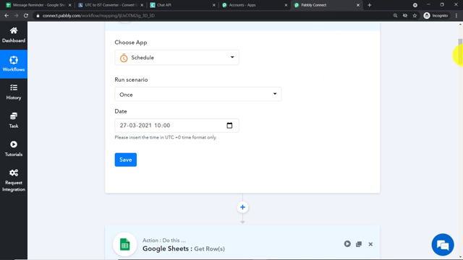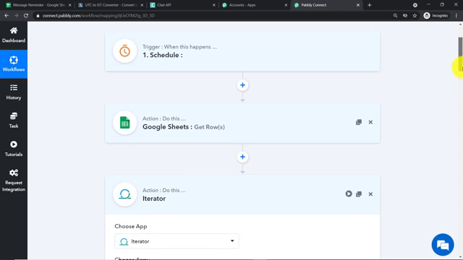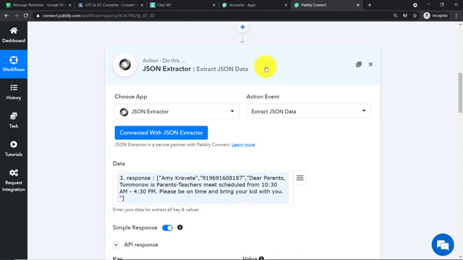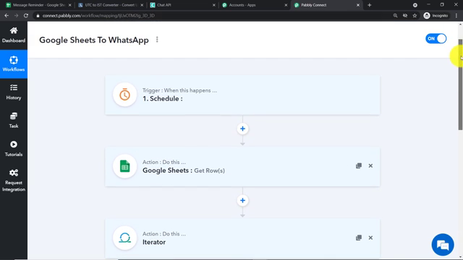However, before we end this, let me explain the whole mechanism in a nutshell. Here I'm going to minimize all my windows, including the action windows as well as the trigger windows, and show you the whole mechanism. First of all, we have made a schedule, and we have made sure that it is in UTC format. The UTC time is 10 a.m., which is 3:30 p.m. according to Indian Standard Time, because Indian Standard Time is 5 hours 30 minutes ahead of UTC.